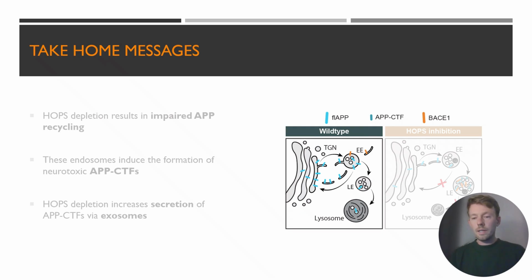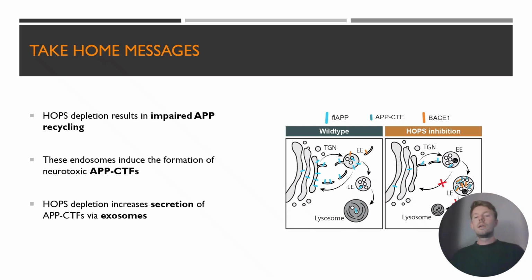So, as take-home messages, I want you to remember that APP normally is present mainly in the Golgi and in early endosomes, and that APP normally is able to recycle from these early endosomes back to the TGN. Also, APP can be degraded in lysosomal compartments. However, if we look into Hobbs impaired cells, we see that this recycling pathway is impaired, and that APP and BACE1 then can accumulate within the same late endosomal compartments, upon which we see increased formation of neurotoxic APP-C